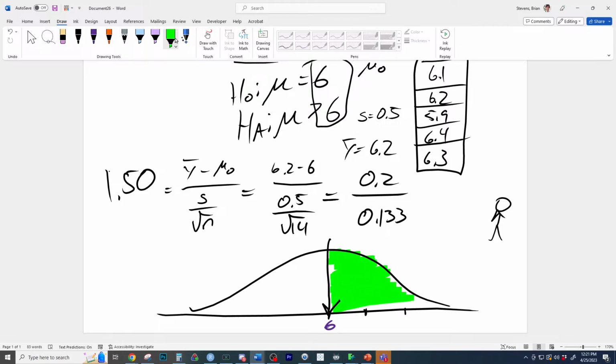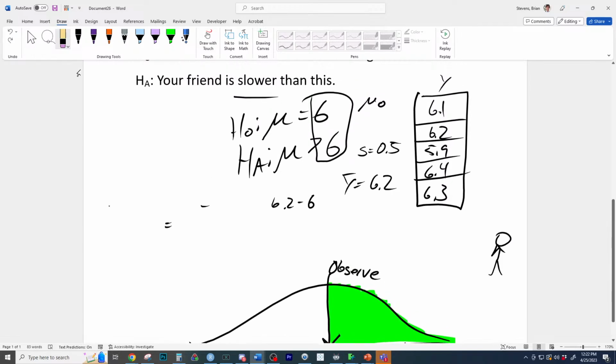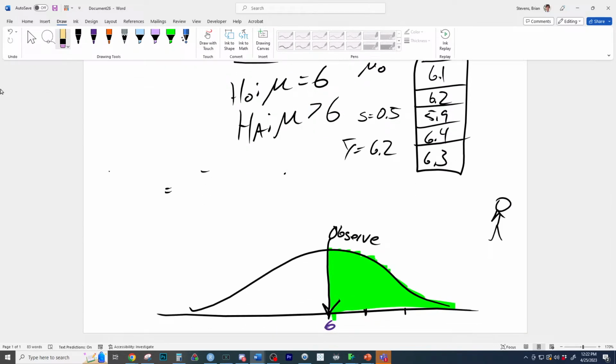If I am a 6-minute mile runner, then a time of 6 minutes or longer should occur about what percent of the time? So given Brian is a 6-minute mile runner, does that make sense when I draw it like that? Then in observation, so this is the observed right here, you would observe me run something at 6 minutes or longer, what percent of the time? If Brian is a 6-minute mile runner, yeah, and does that make sense? Just viewing it right there, if Brian is a 6-minute mile runner, then you would observe me run something at a 6-minute mile or longer 50% of the time.